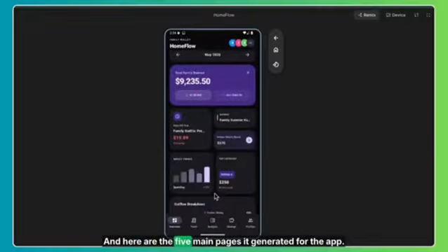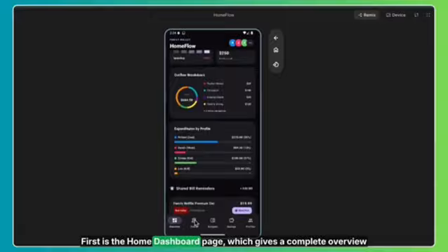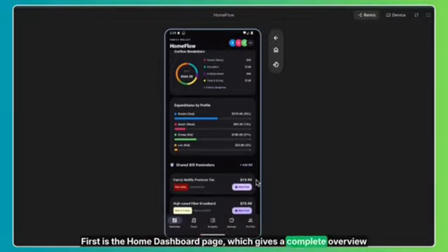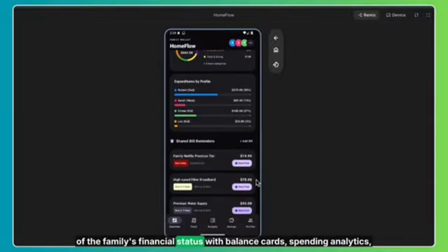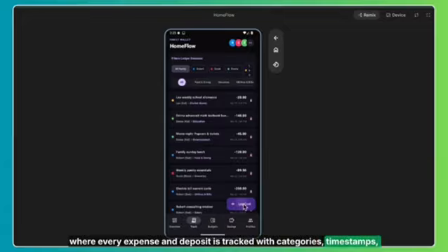And here are the 5 main pages it generated for the app. First is the Home Dashboard page, which gives a complete overview of the family's financial status with balance cards, spending analytics, and bill reminders. Then we have the Transactions page, where every expense and deposit is tracked with categories, timestamps,